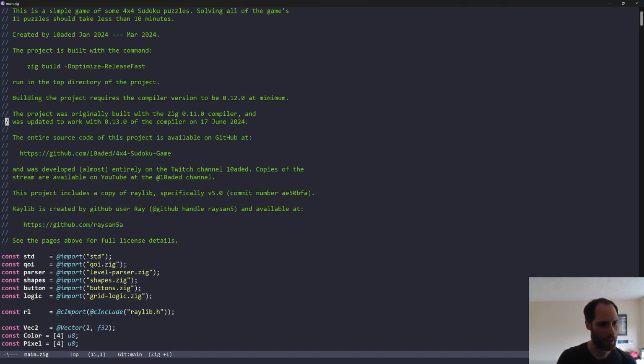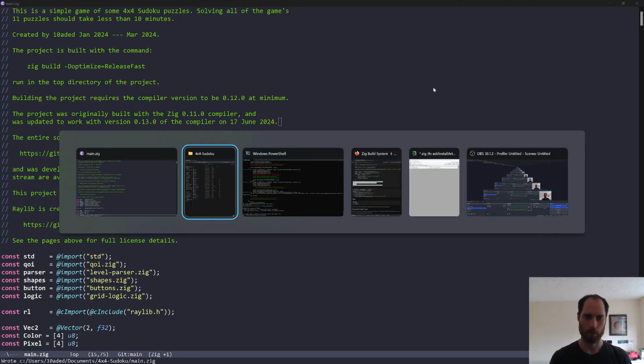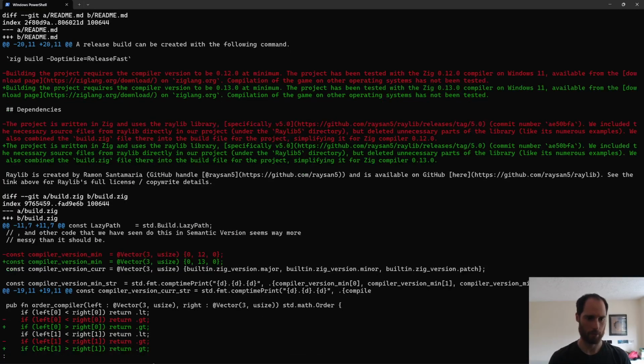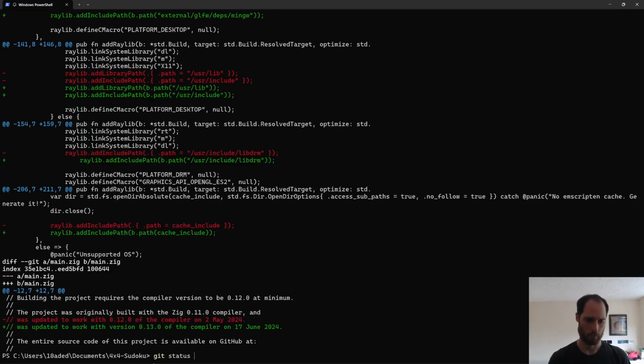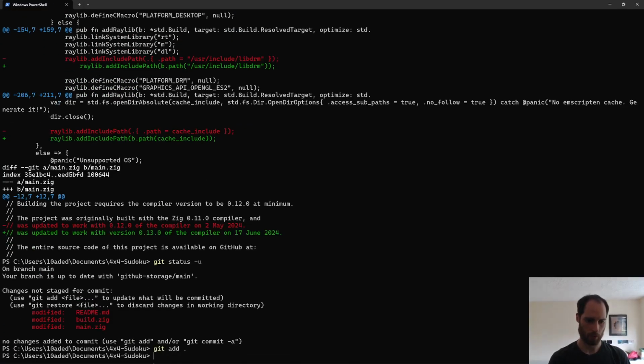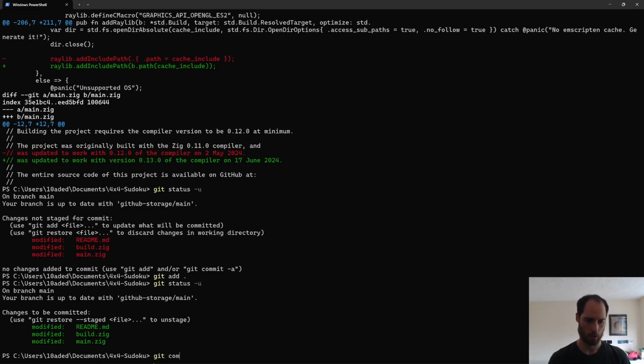Oh wait, there's a typo in here. Was updated to work with blah of the compiler with version compiler version. Wow, what do I even want to say? And was updated to work with version blah of the compiler. Okay. Let's see. That all looks good. Updated the project to work with